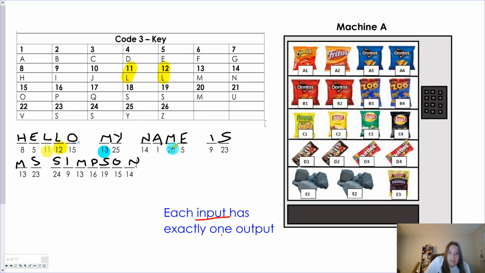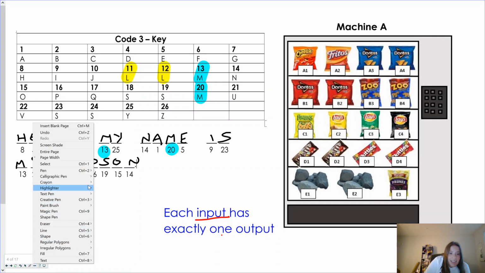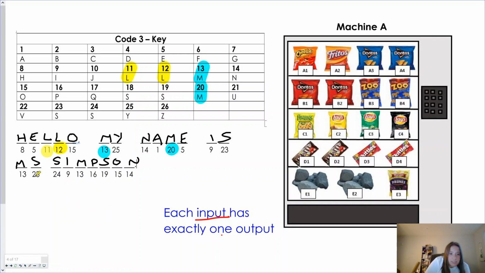Here, M was 13 and 20. And the letter S has a couple different options. 18, 19, 23, 24. But again, as long as my inputs, the numbers, went to only one thing. Outputs,